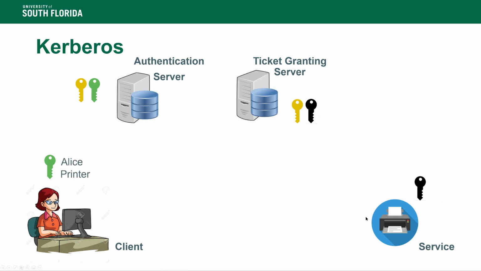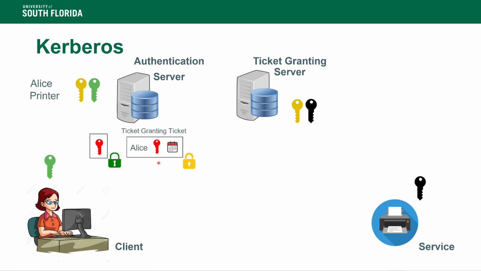Now, Alice first sends her request to the authentication server saying who she is and what she wants to do. Then the authentication server creates a key for Alice and encrypts it with the key that they share with Alice